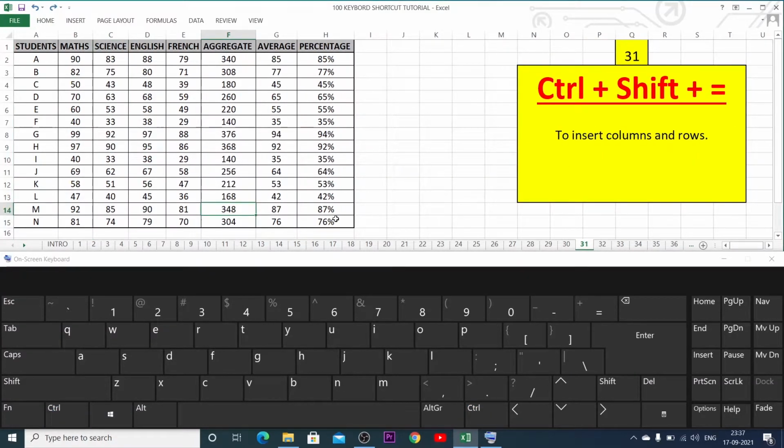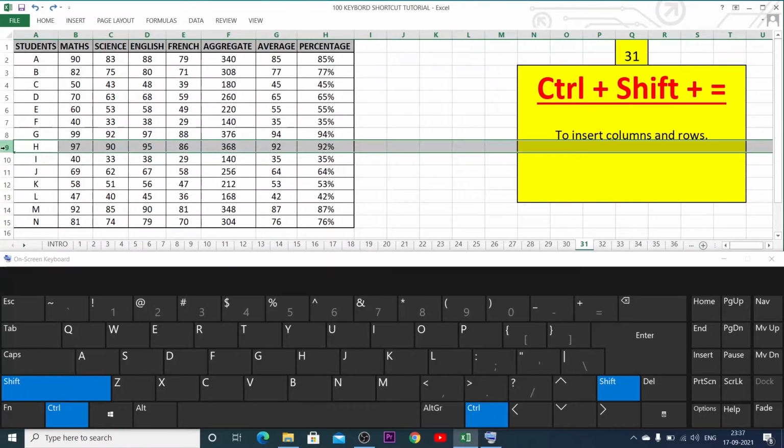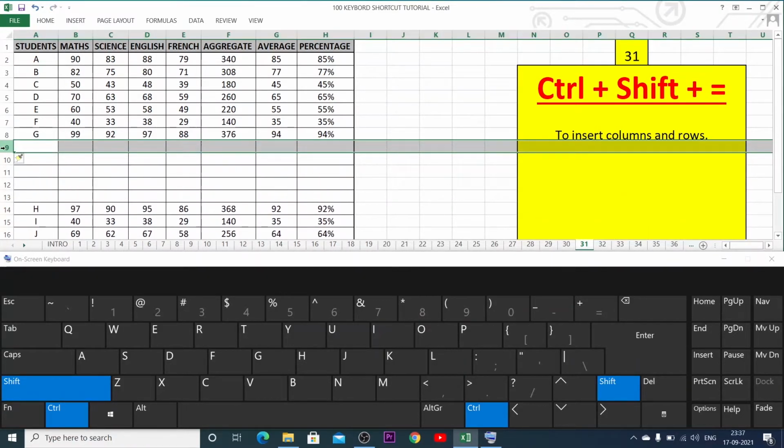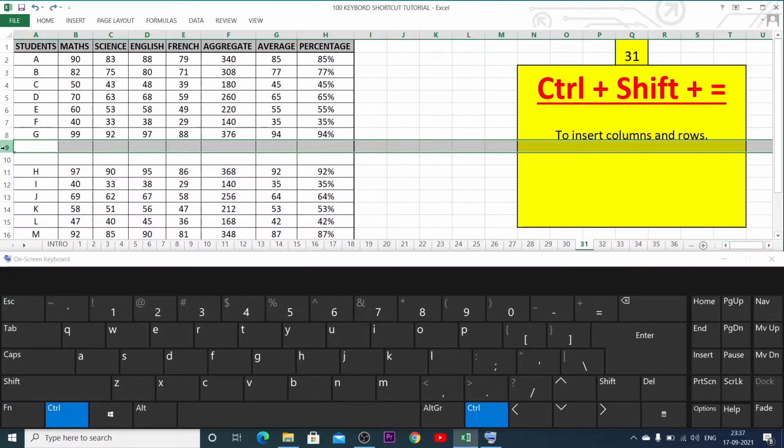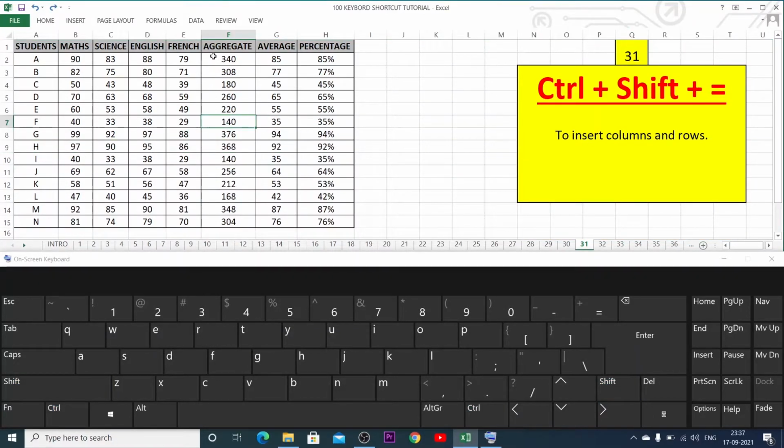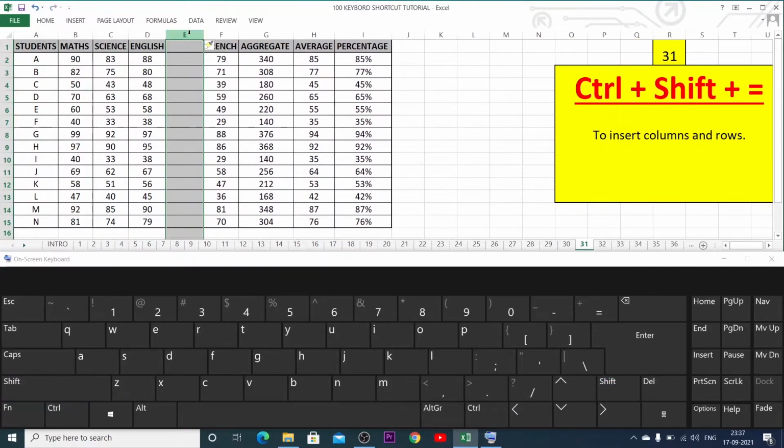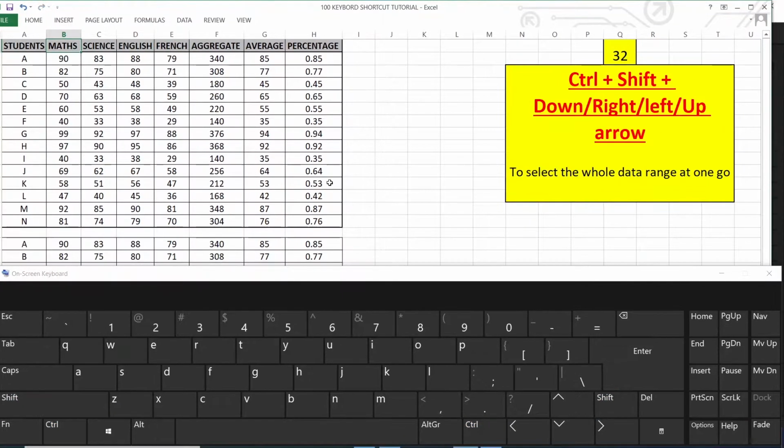Control Shift equal sign to insert columns and rows. Control Shift and arrow keys to select the whole data range in one go in a particular direction.